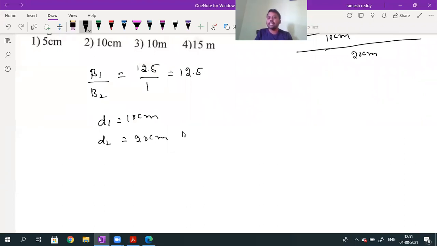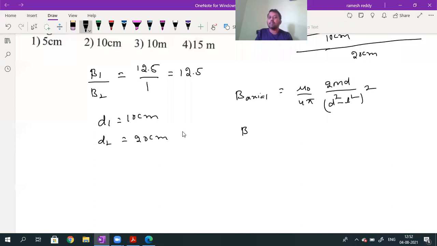What is the expression for magnetic field induction due to a long bar magnet on its axial line? Magnetic field induction due to a long bar magnet on its axial line is given by the formula mu naught divided by 4 pi into 2 into capital M into D divided by D square minus L square whole square. This is for the long bar magnet at a distance D.